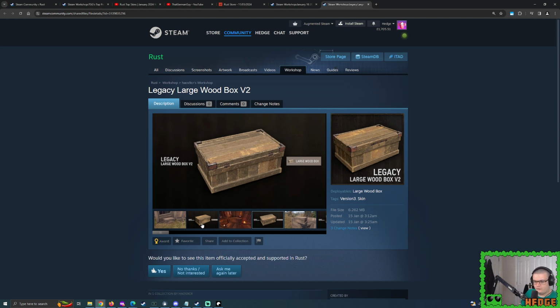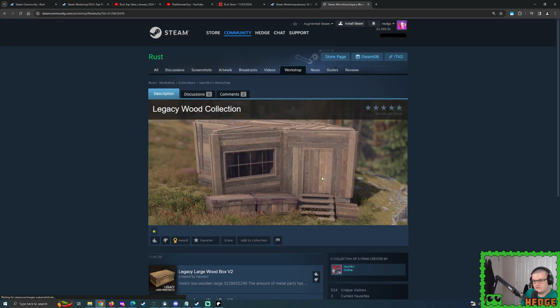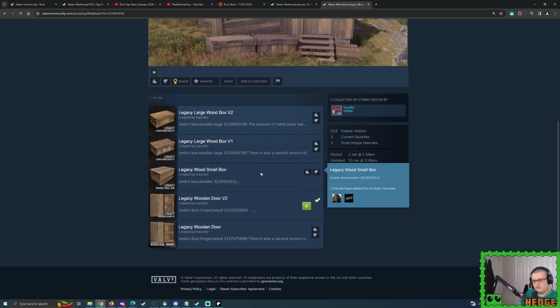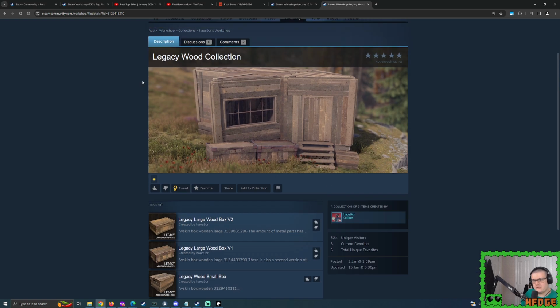Legacy Large Wood Box. So what you can see here is another attempt for a new collection continuation from the likes of that door skin that we had not too long ago. Yep. So we had the wooden door accepted, and then we saw the likes of the small box being produced, the large box being produced, and now we have a second version of the large box. So my answer to you is, if we were to see the likes of that large box potentially being accepted, I would sit here and say the wooden door potentially has a bit of a chance going somewhere,